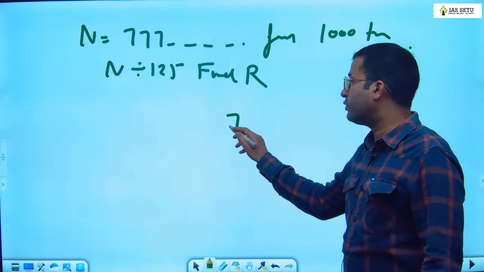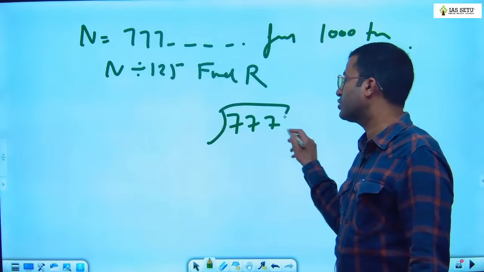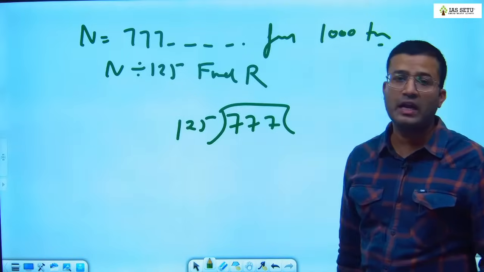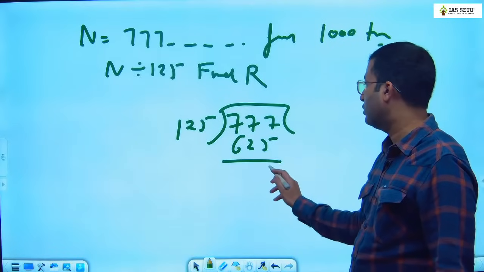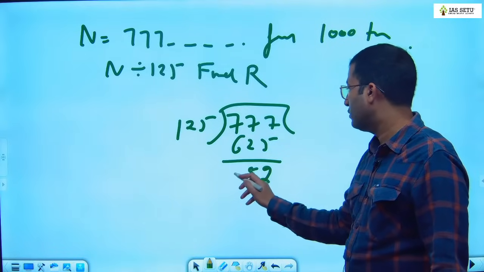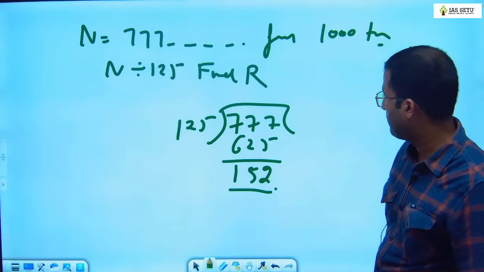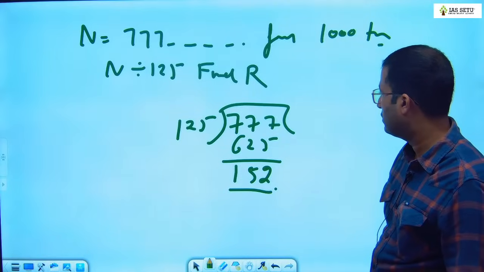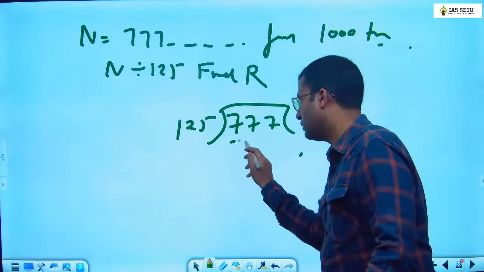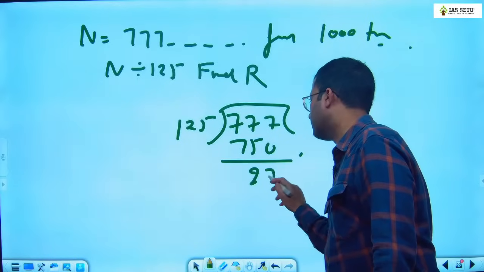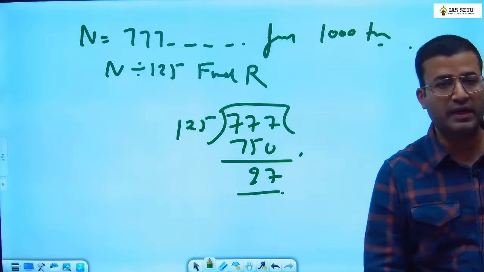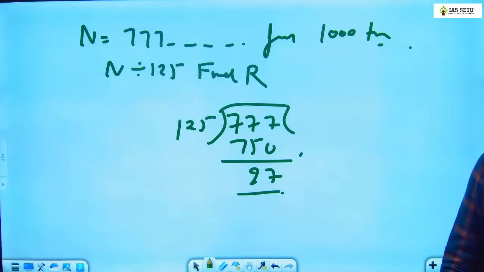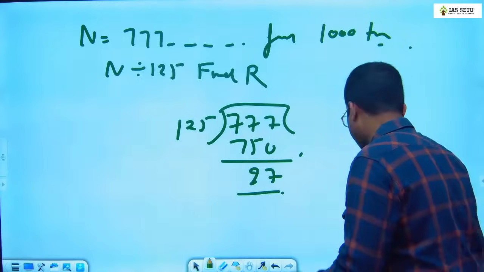So here we have to take only the last 3 digits, because for 125 only the last 3 digits matter. 625, so what will this be? 250... 750. 27. Because it has a bigger multiple, 750. 27 is the answer. Now here